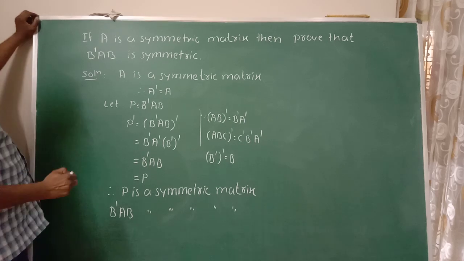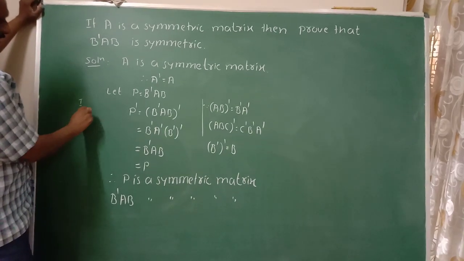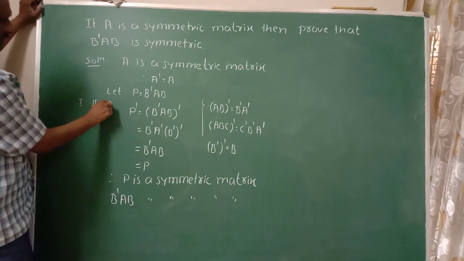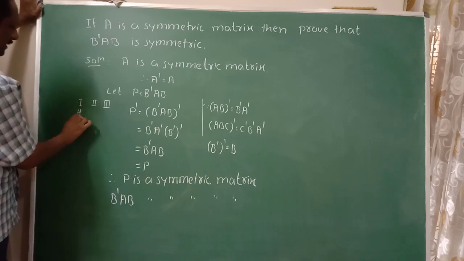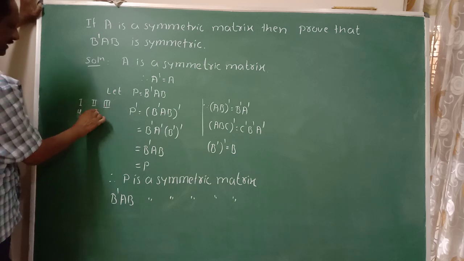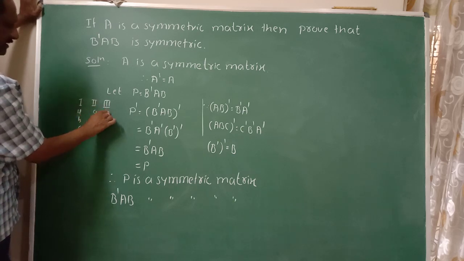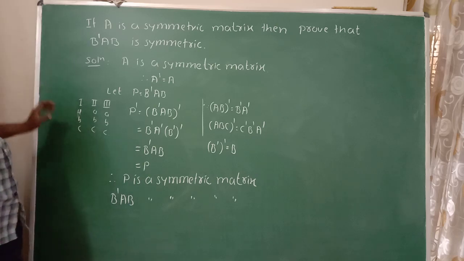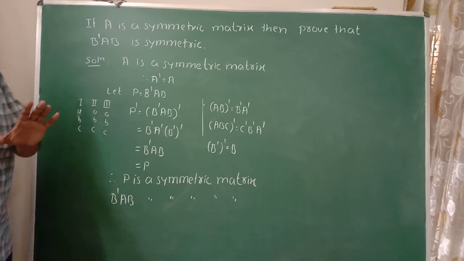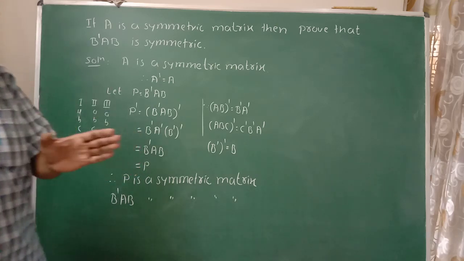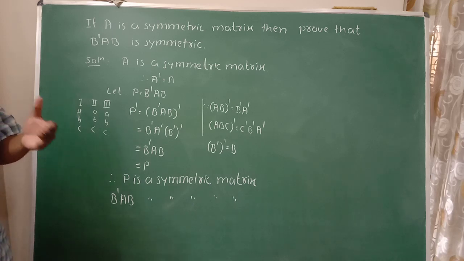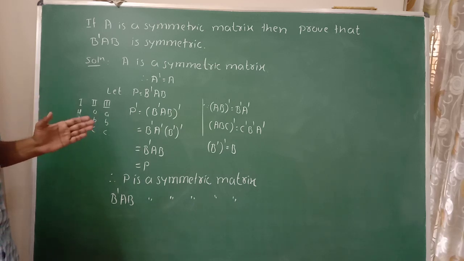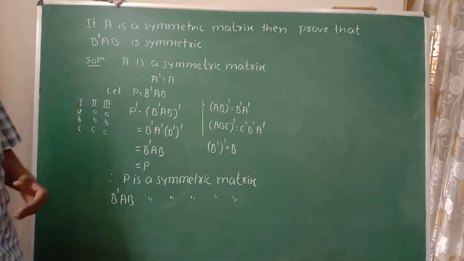Competitive examination examples I am taking in Roman letters: A, B, C and so on in the first, again A, B, C and so on in the second, and in the third as well. Here Roman letters mean the examples related to competitive examinations. Therefore, in the next class, I am explaining determinants as well as CET problems on matrices.